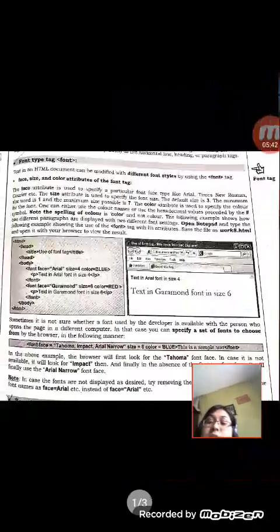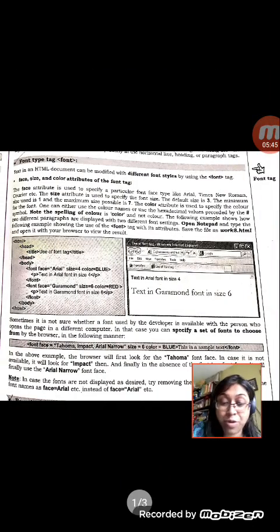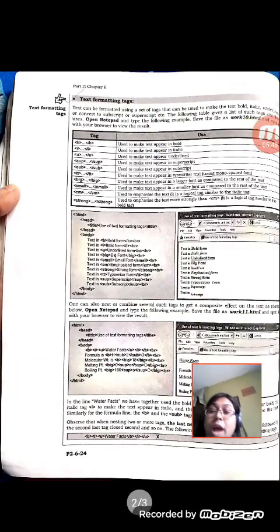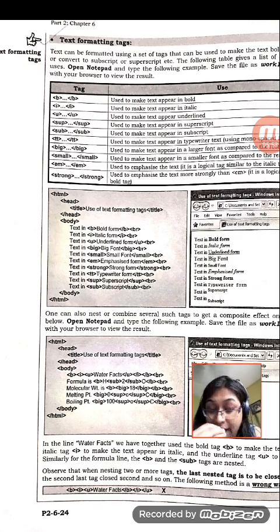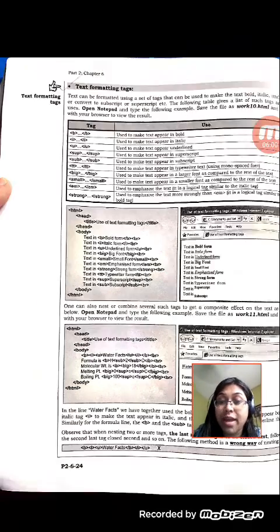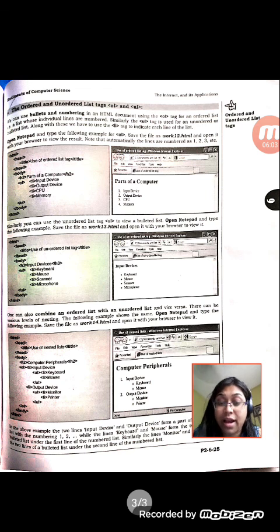First we discussed the font tag and its attributes, how we can write them, and what the output will be. Next I discussed text formatting, how many formatting tags there are that we can apply on any text. And last is the list tag, OL or UL, two different lists, one ordered and another unordered. I have shown you how we can write an ordered or unordered list and what the output will be. Just go through it. I hope you will understand this.